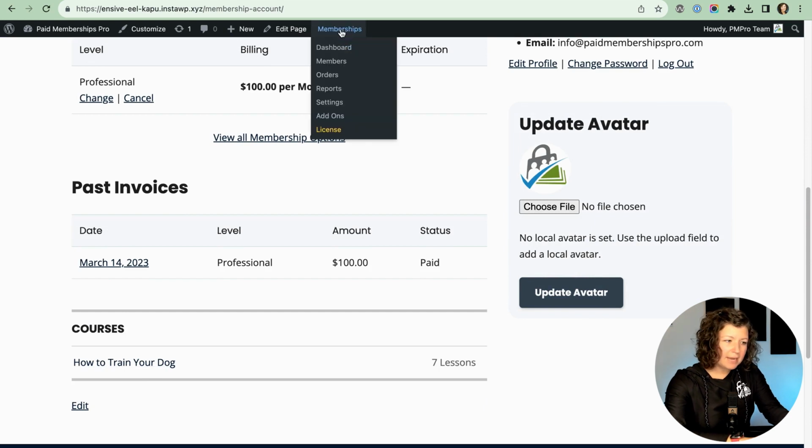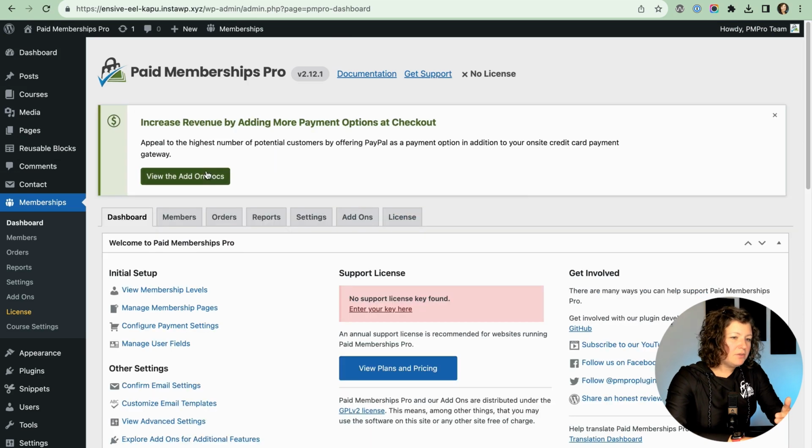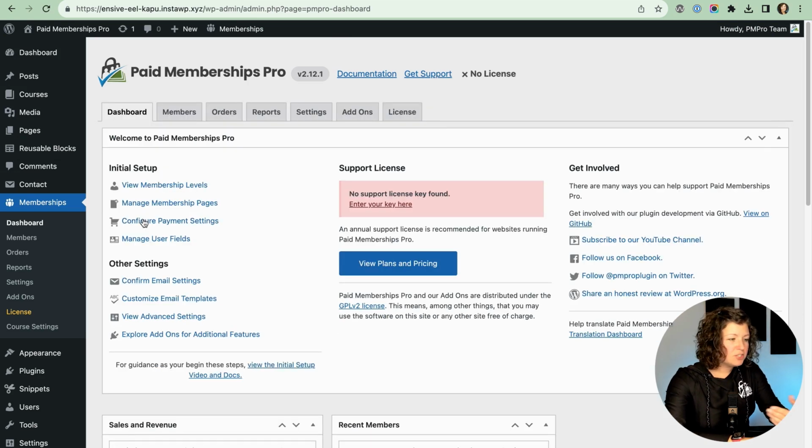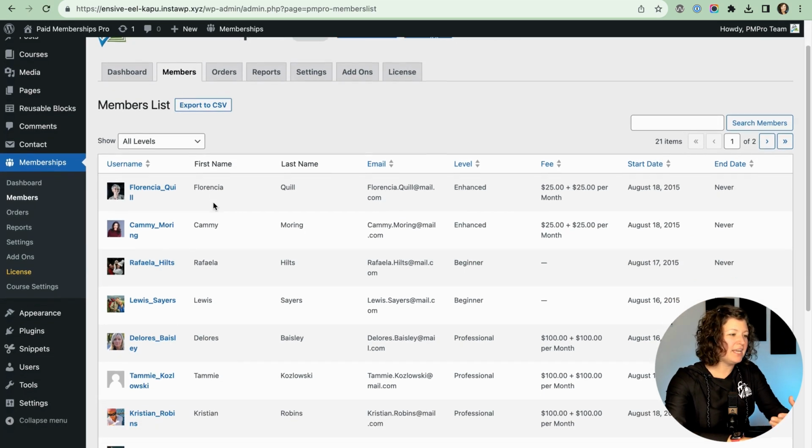So let's show you in the admin what you can do. It doesn't come with a license key, but you'll see here if you're in the admin, you get the full membership dashboard for Paid Memberships Pro. A list of fictitious members we have pre-populated for you to see what it would feel like to navigate around